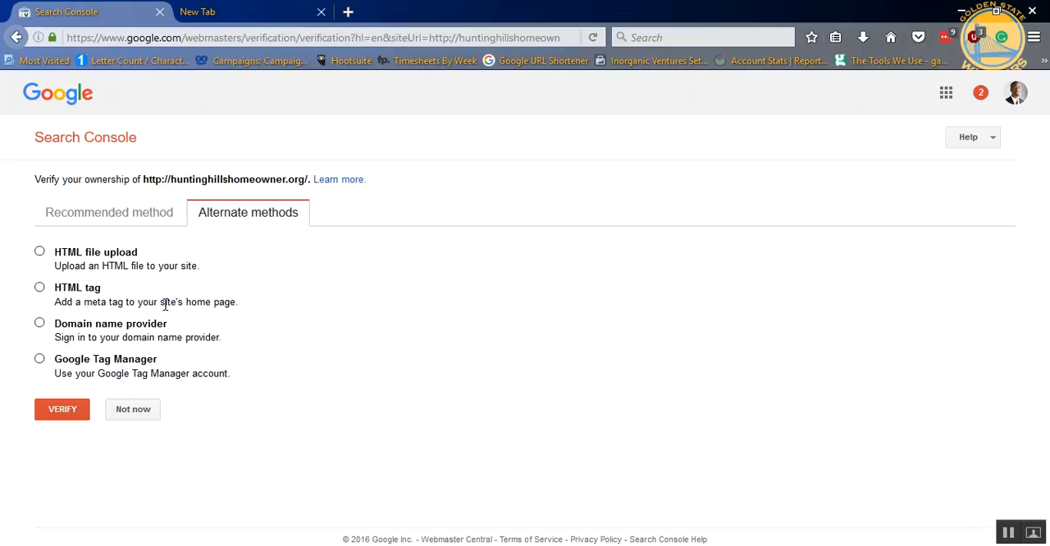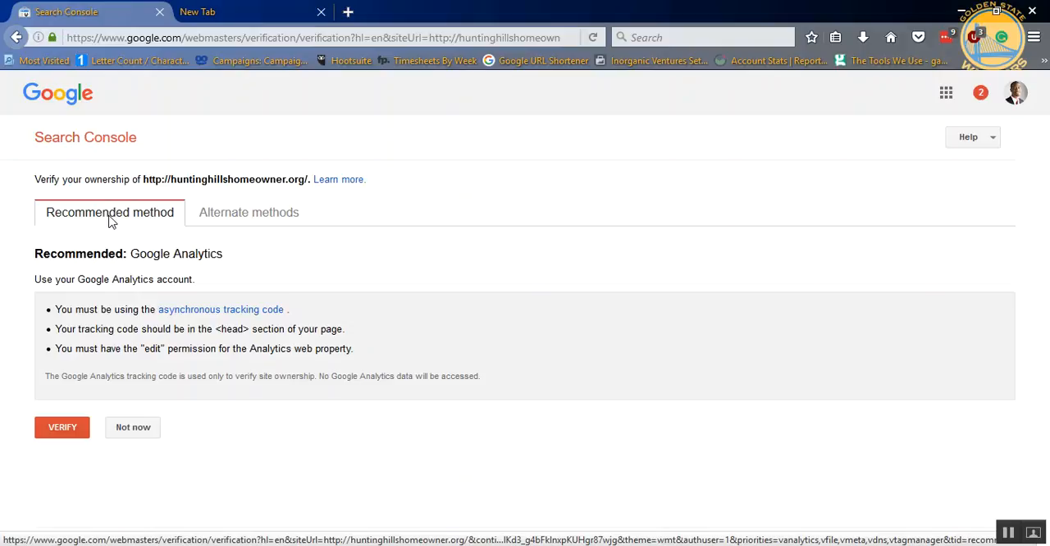You can add an HTML tag to your website. You can sign into your domain name provider, or you can use Google Tag Manager, which is a great way to keep all your scripts organized. If you have multiple scripts for tracking different things, you can use Google Tag Manager to have all those scripts in one place. But again, we're going to use the recommended method, since we have already used Google Analytics